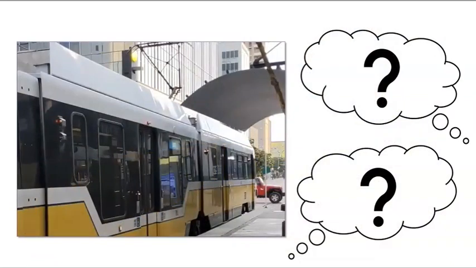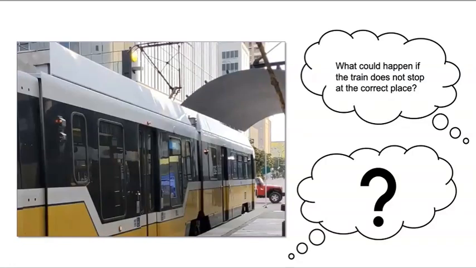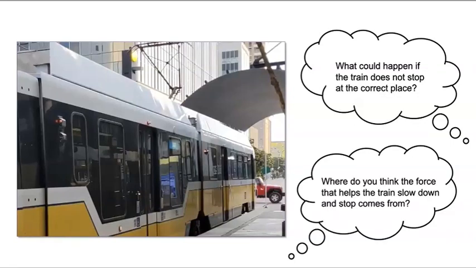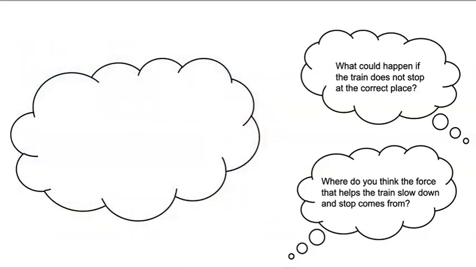That video clip makes me wonder, what could happen if the train does not stop at the correct place? Hmm. Maybe people would not be able to get on or off the train. And hey, did you notice that the train stops right in front of a covered area? The train seems to stop in the perfect spot to allow passengers to board and exit the train. Where do you think the force that helps the train slow down and stop comes from? Let's keep these questions in mind as we work to answer the question, how do light rail trains slow down